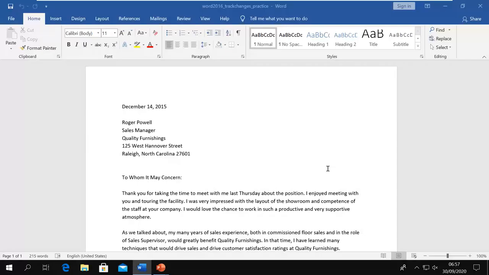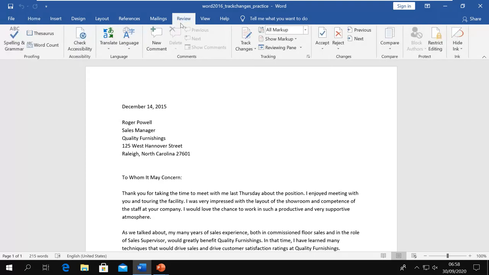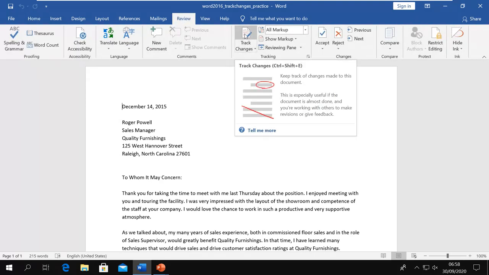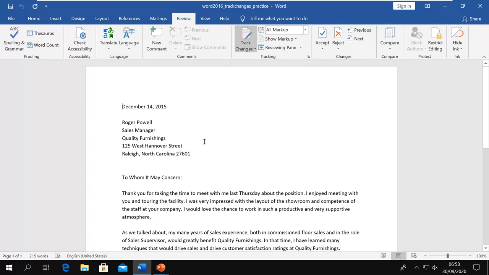For example, I have a document here and now I want to do this revision. First I go to the Review tab and start the track changes. Now when I click on this, the track changes option is started, and whatever I do here will be tracked. Let's say the first line, "To whom it may concern", I say no, it should not be like this, so I delete it. You see it is not removed from the document, it still remains there.